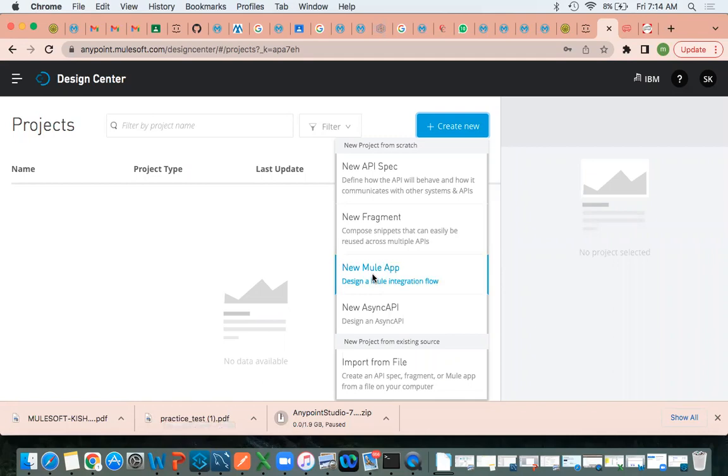So simply just remember, new API spec means it is for when you want to start your API from scratch or from the beginning. New fragment means it is a piece of code that we can reuse for other APIs. New Mule app is for development purpose. And new async API, recently they introduced it here. This we will discuss later. Next,